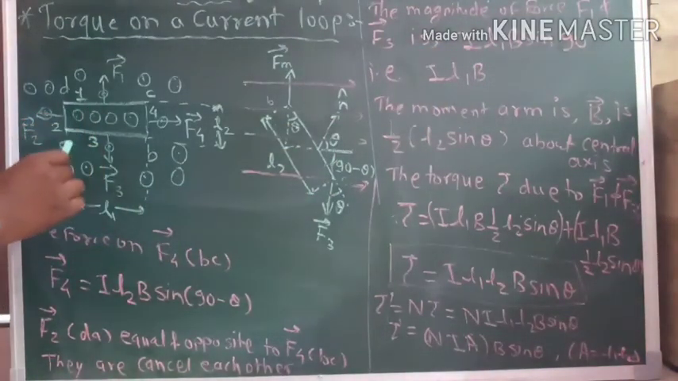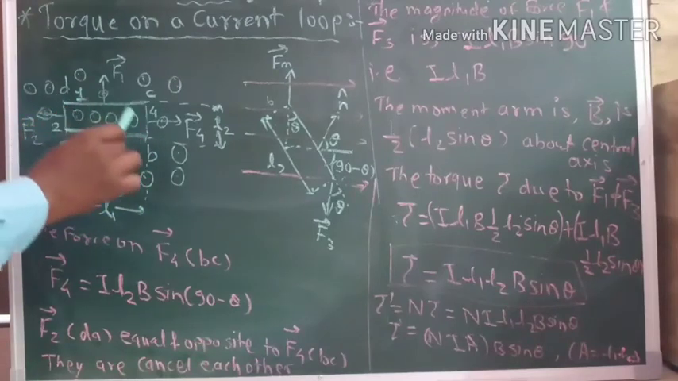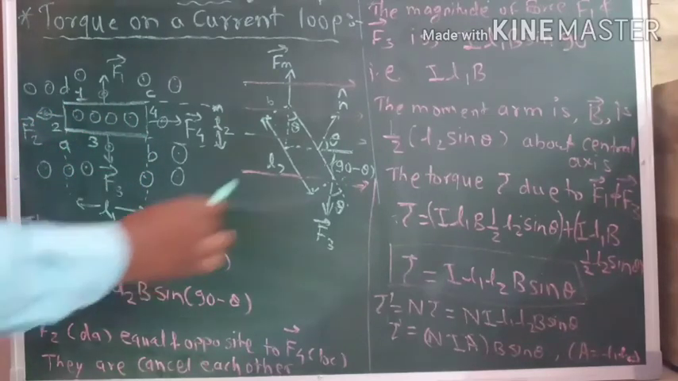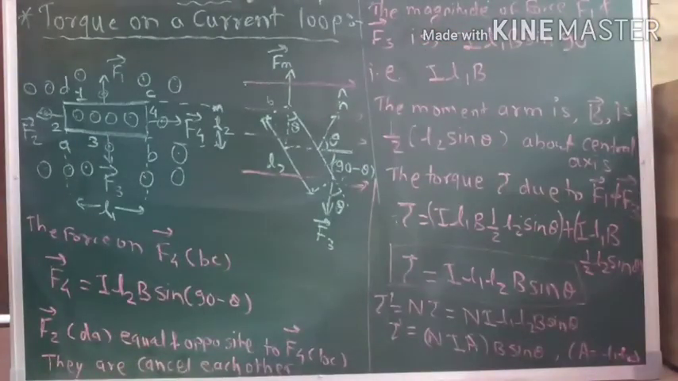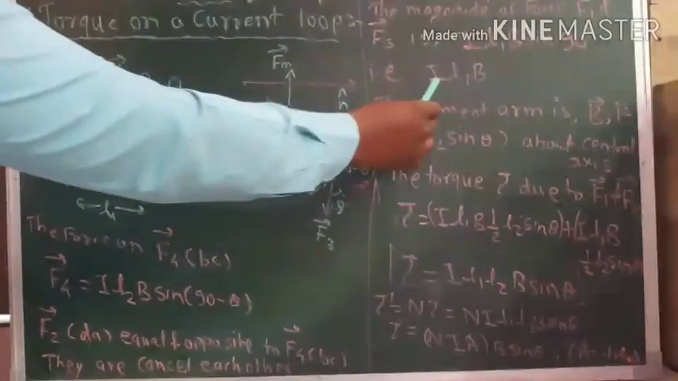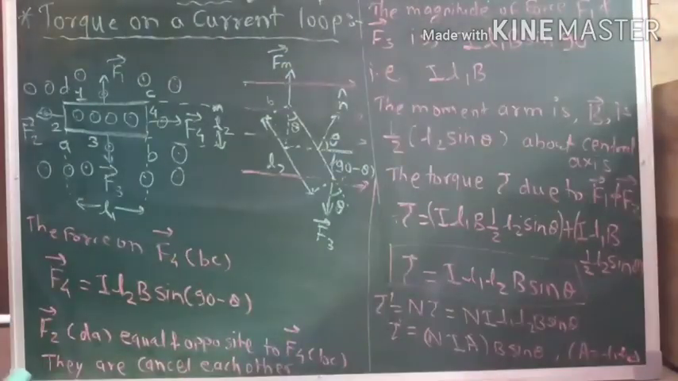Because for this side we consider L1, therefore we can write I L1 B sine of theta. Sine of theta is known, sine 90 is equal to 1. Therefore, we can write I L1 B. But the moment arm,